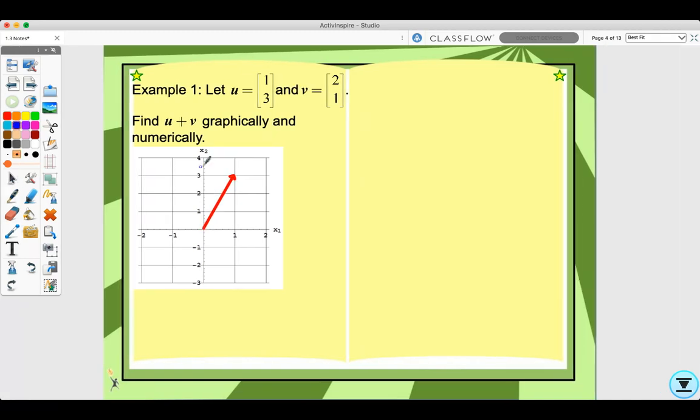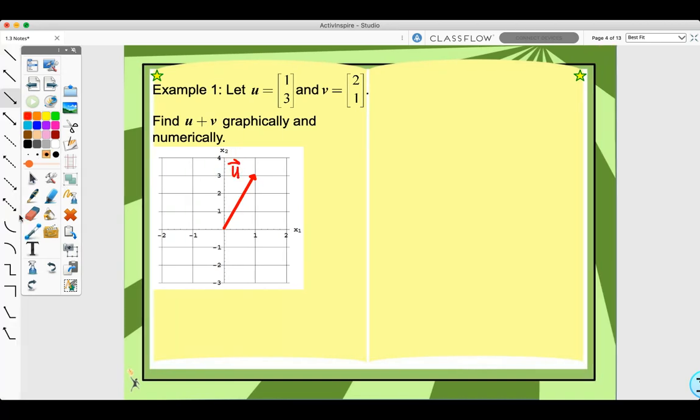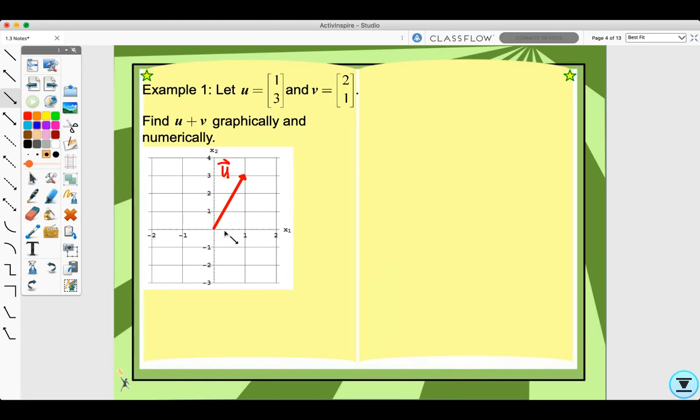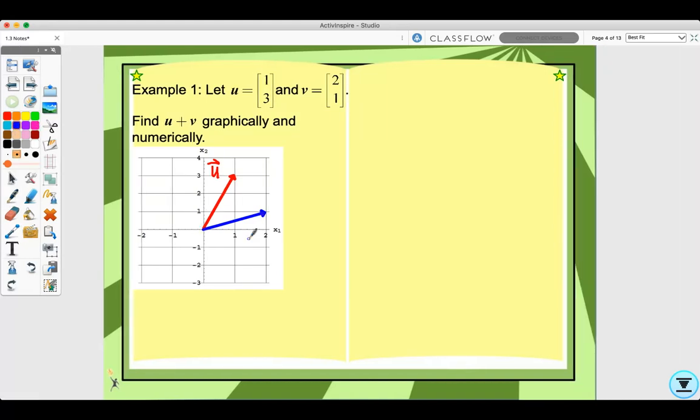And you always want to label your vectors. So this would be vector, and let me change that to red, u. Then we need to find vector v. Vector v is 2, 1. So we want to label that vector v. And then if I want to find vector u plus v,